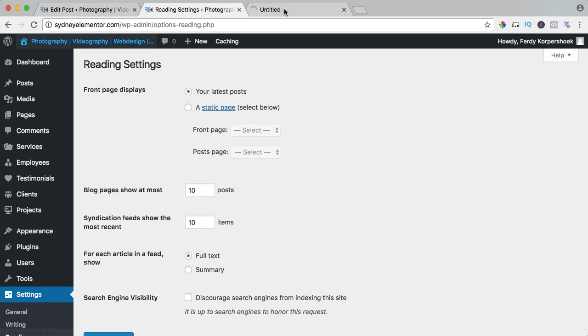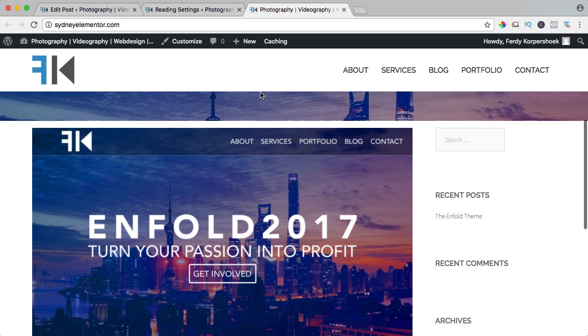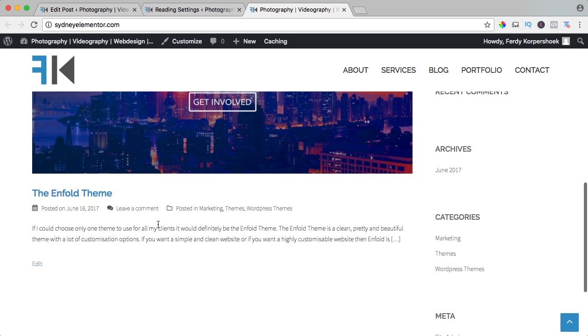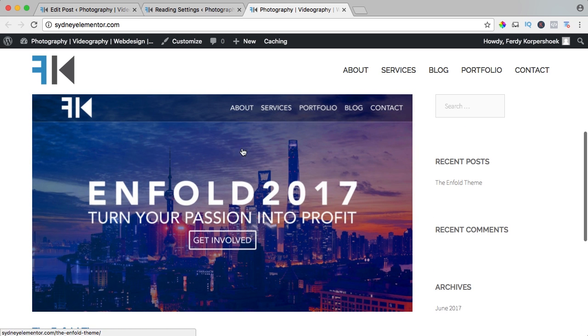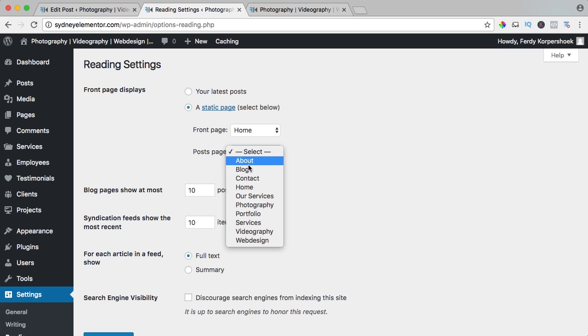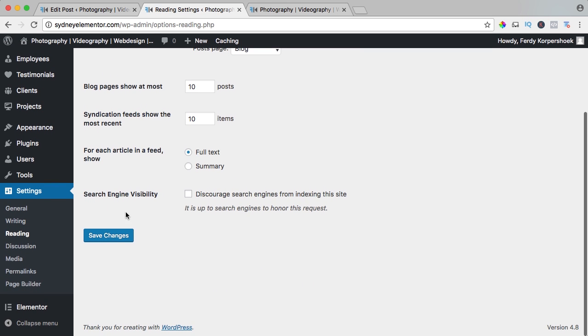If we go to our front page, it shows our latest blog post, the Enfold theme with the text, but I don't want it. I want this to be the home page. So I go to the settings again and I change your latest post on the front page to a static page. The front page will be the home page and the post page will be the blog page. And if I save it,